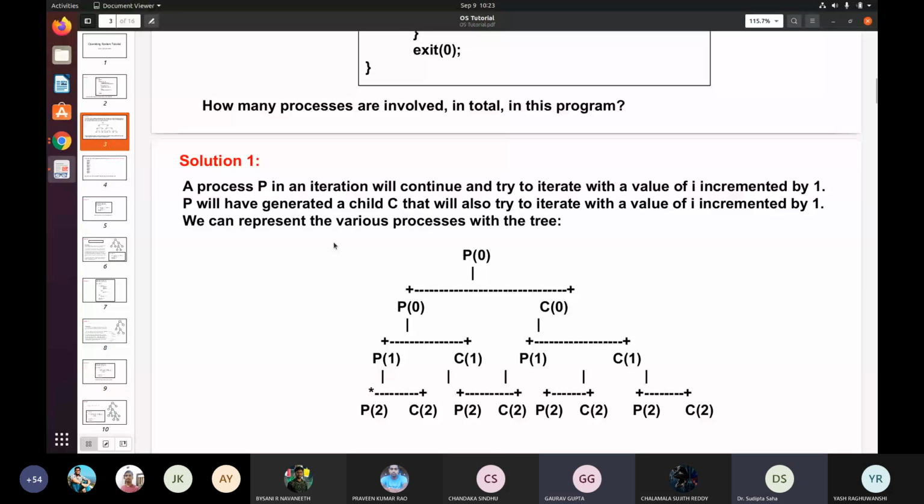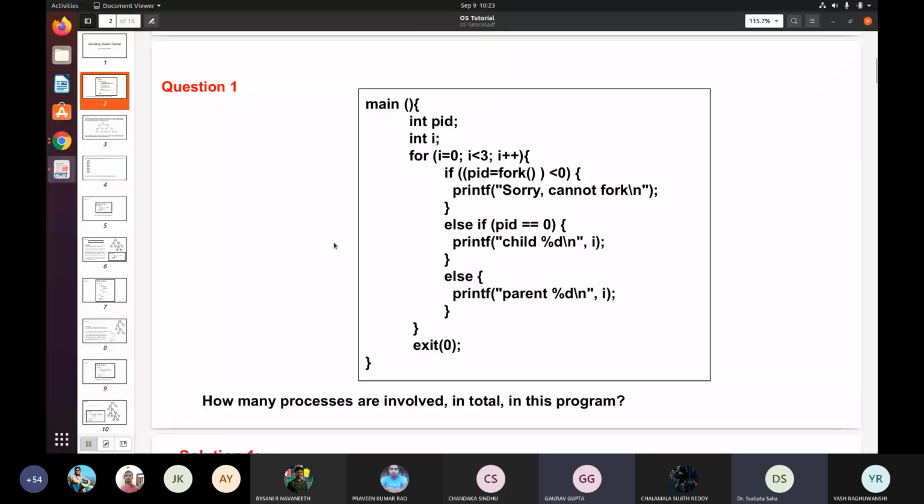Please raise your hands quickly. Very few people have got it, I see. Only 15.